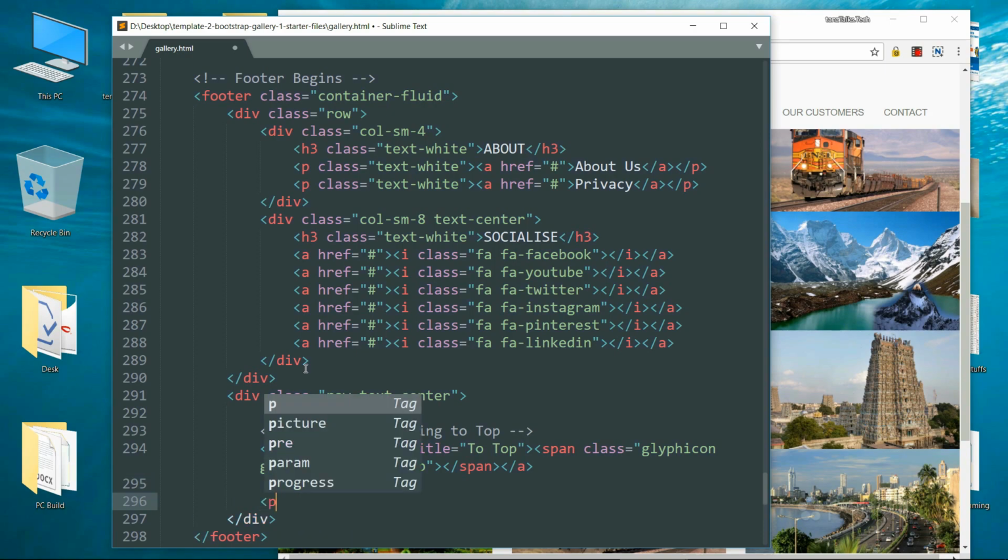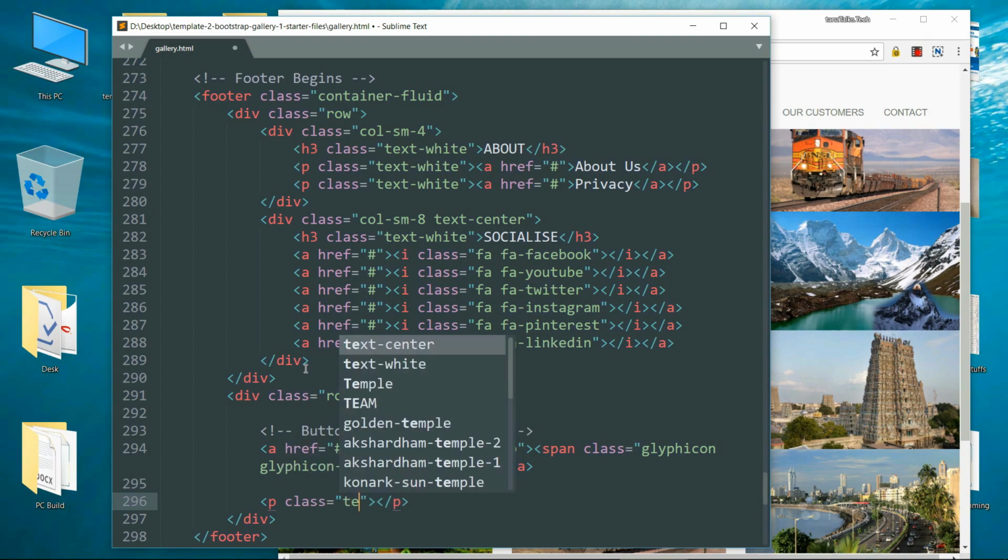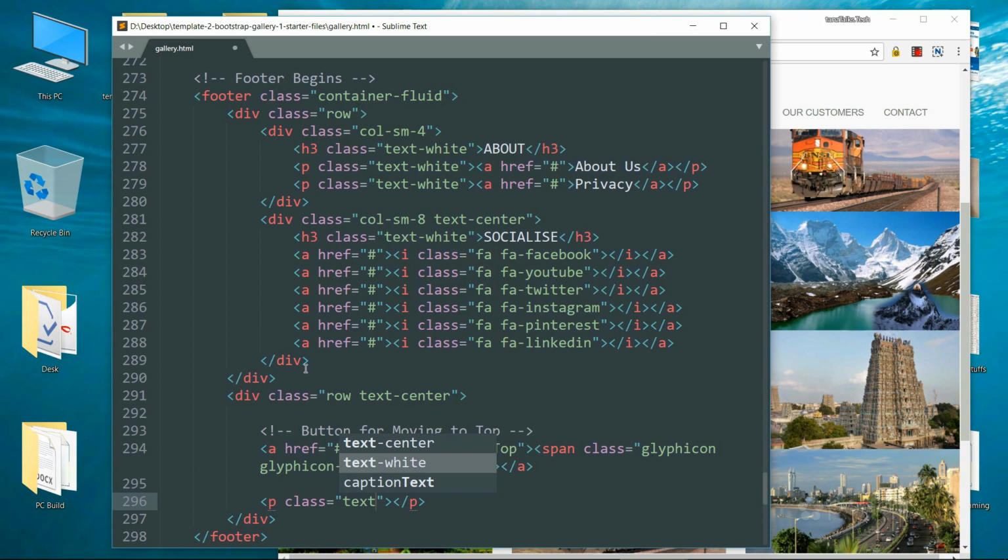Then close the span tag and close the a tag and drop down and create a new p tag. Then give it a class text-white, because we want the text to be in white color. Then write Bootstrap theme made by,